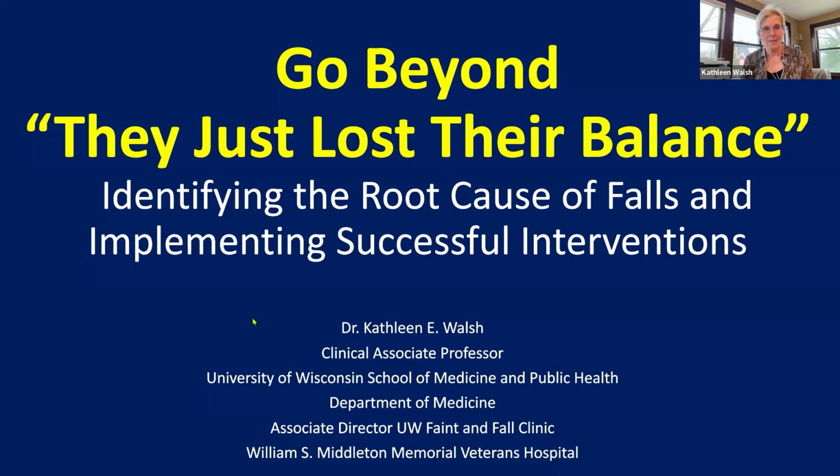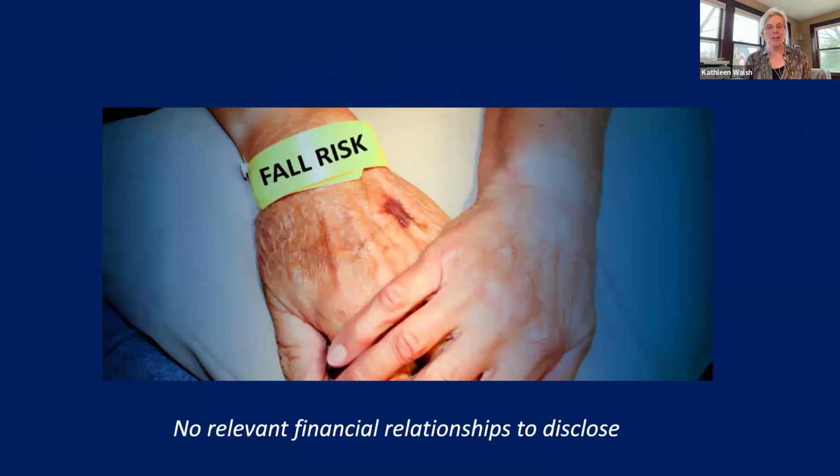So let's get started. When you see a patient, and this is something I commonly saw when I was rotating through or taking care of patients both in the nursing home, assisted living, and then when they come in to see me in the clinic or the hospital, you'll see this fall risk band. And the key is we see it, and sometimes we just say, okay, they're a fall risk, but take a minute and ask yourself, why? Why are they a fall risk? And this is what we're going to get through today. I hope by the end of this talk that you'll be able to identify not just one, it's usually more than one issue that's causing someone to fall, but multiple issues and how to take care of it.